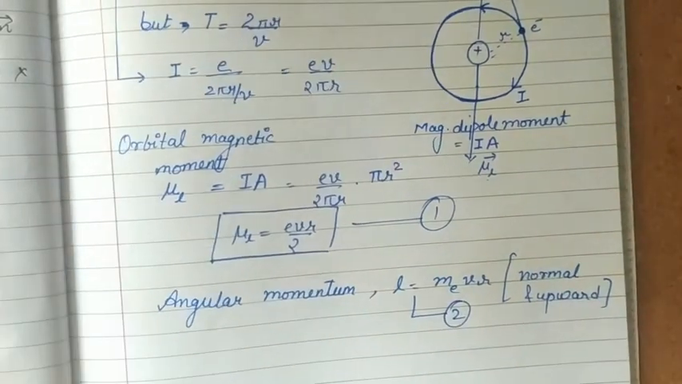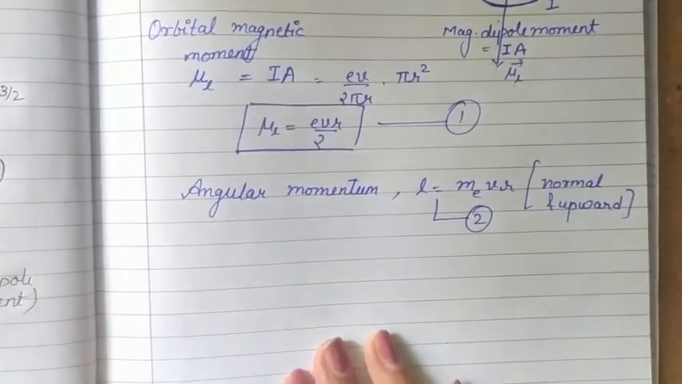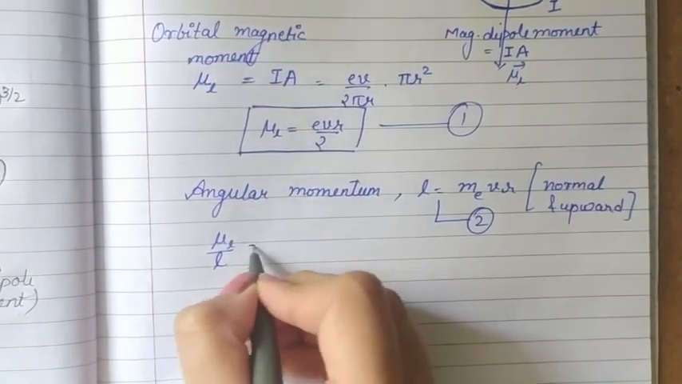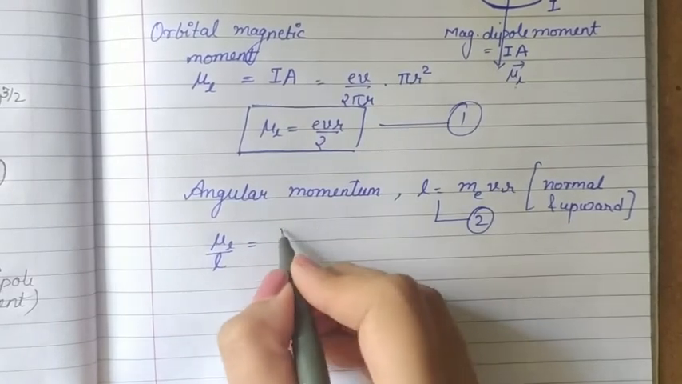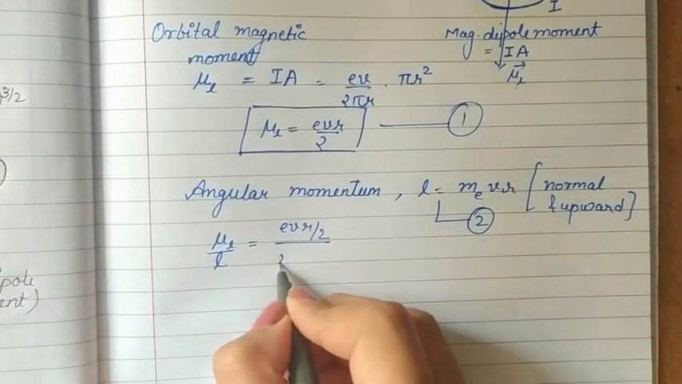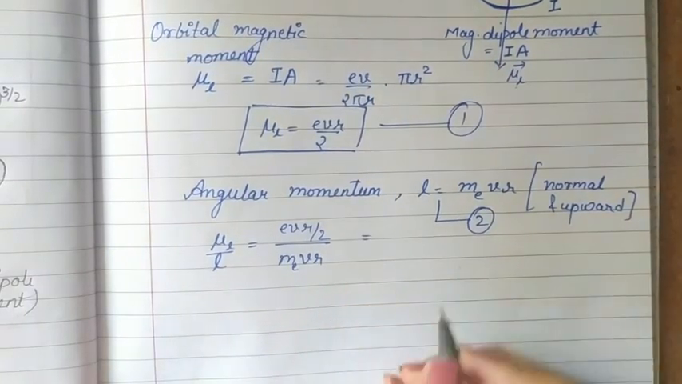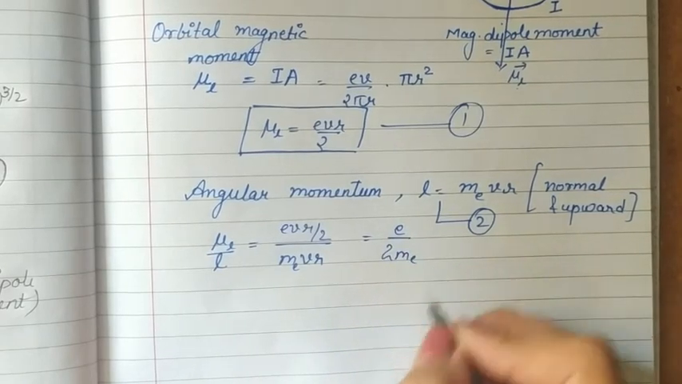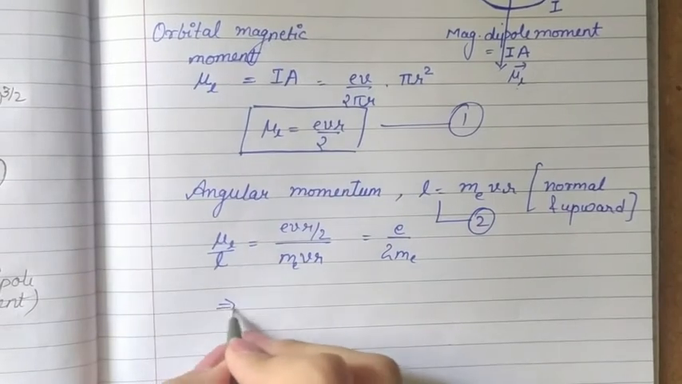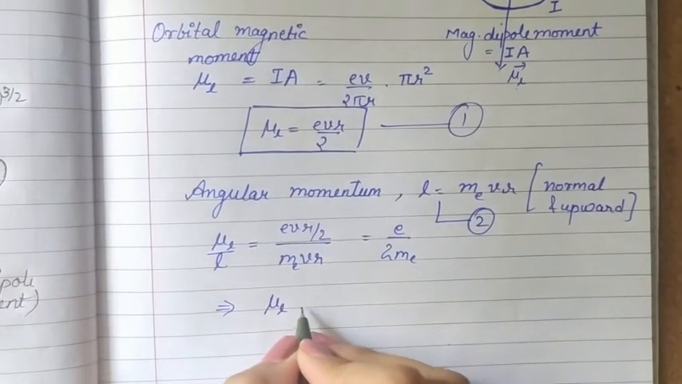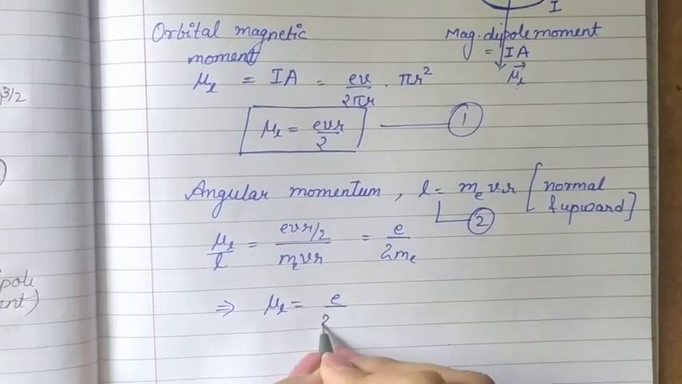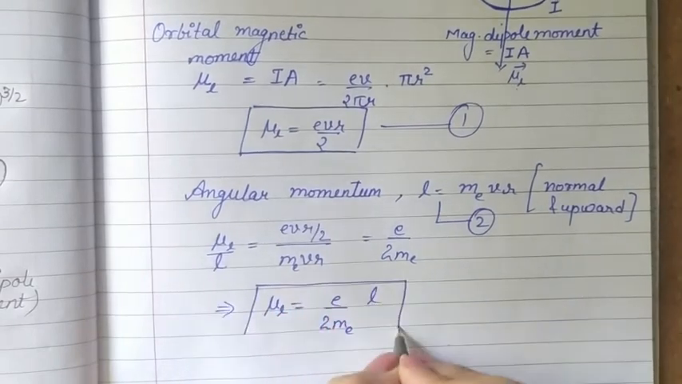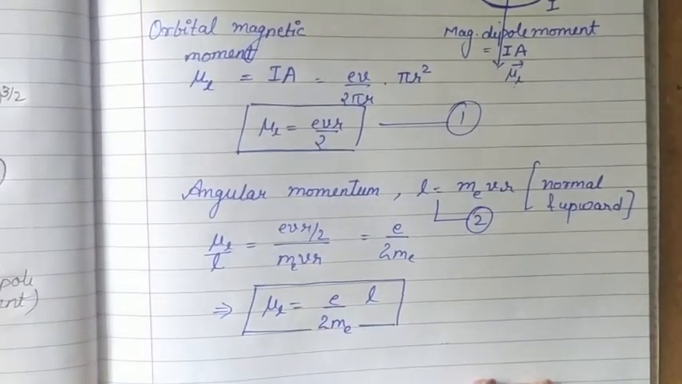On dividing these two equations, we can find the relation between orbital magnetic moment and angular momentum. So mu L upon L will be, on dividing these, we get e v r upon 2 m e v r, which is equal to e upon 2 m e. So this is the required value. That means the relation between orbital magnetic moment and angular momentum of electron is mu L is equal to e upon 2 m e into L, and in vector form we can write it as